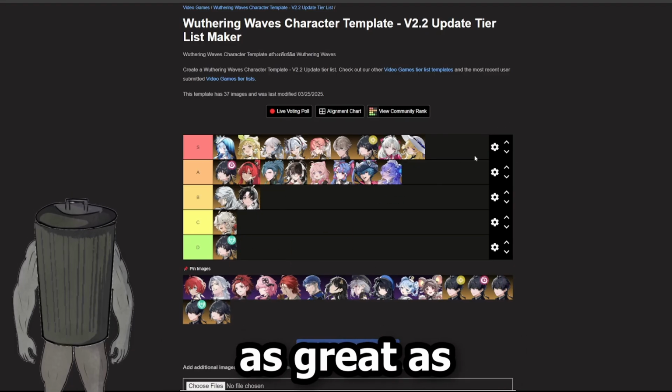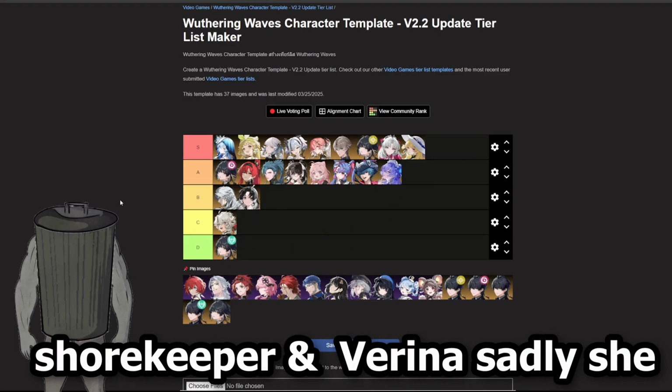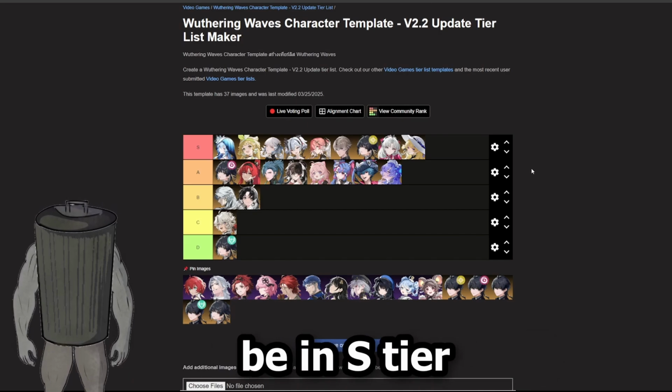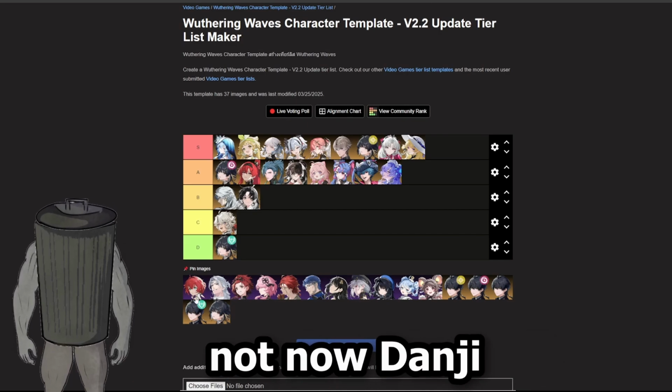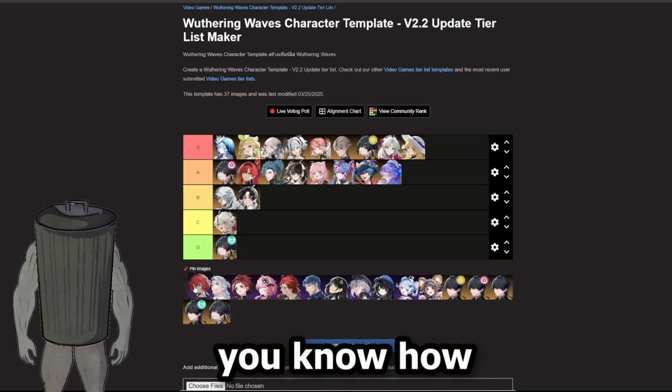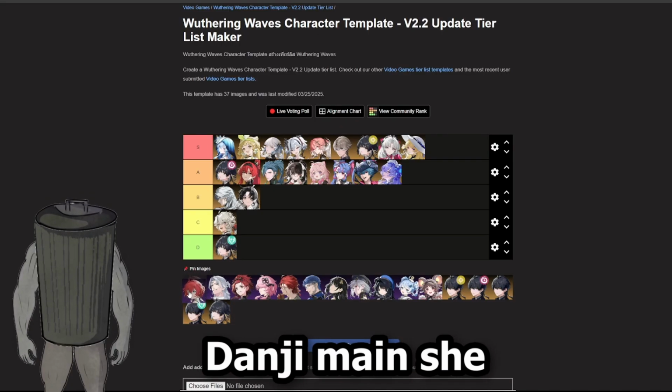She's not as great as Shorekeeper and Verina, sadly. She needs to be universally good on any team if she wants to be in S tier, but sadly she's not. Now, Danjin. Danjin is interesting because if you know how to use her, and if you are a Danjin main,